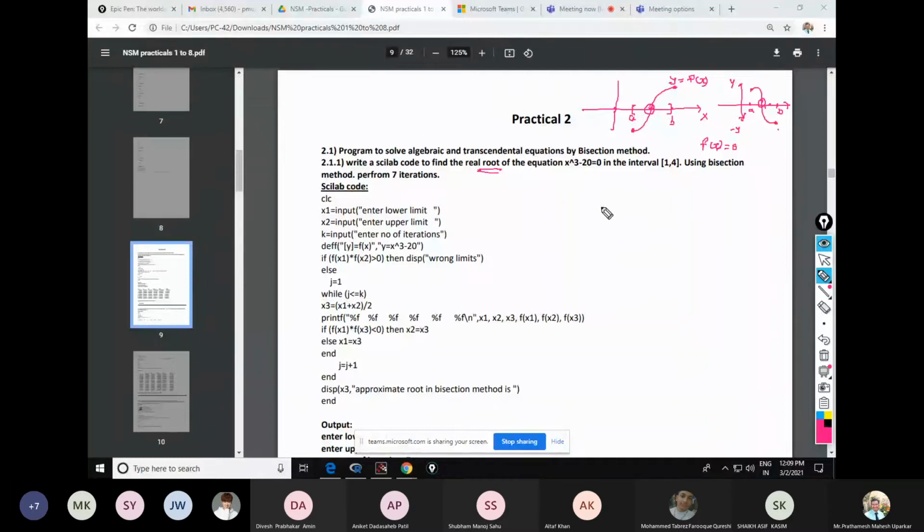For example, let me draw the function x square minus 2x. Can you tell me what will be the graph of this x square minus 2x when it is equal to 0? You just solve and tell me when it is equal to 0. What is f of 0 here?